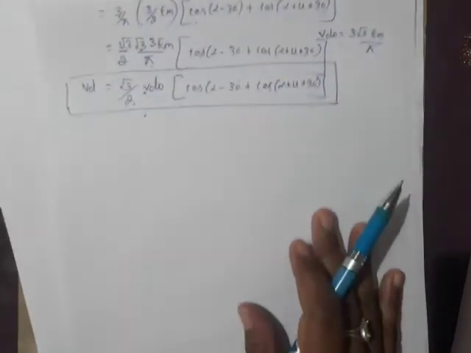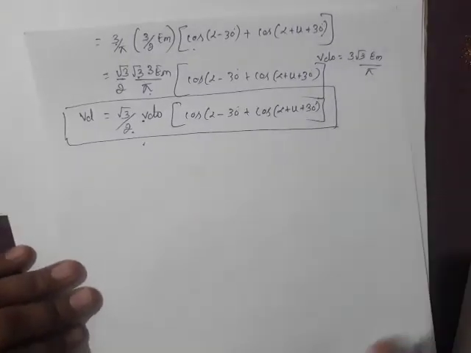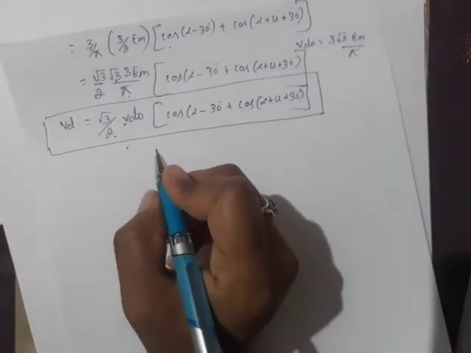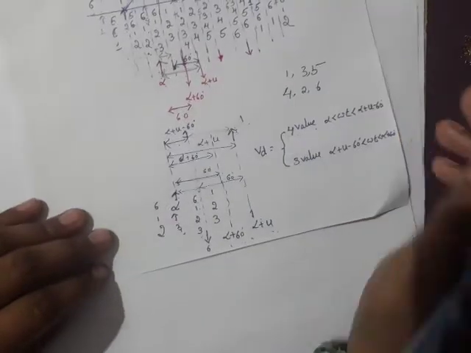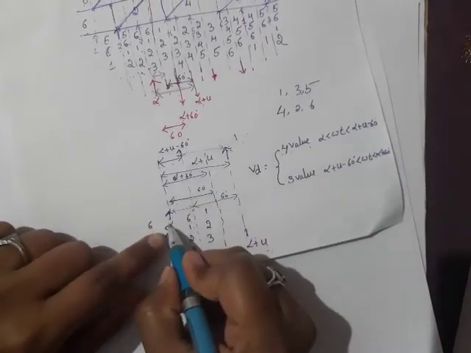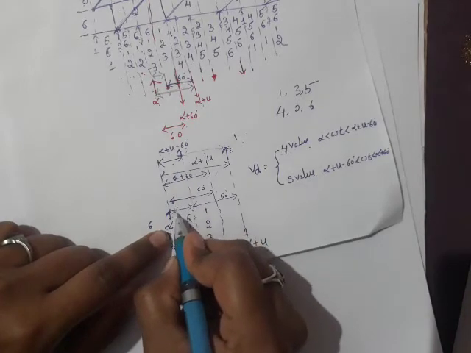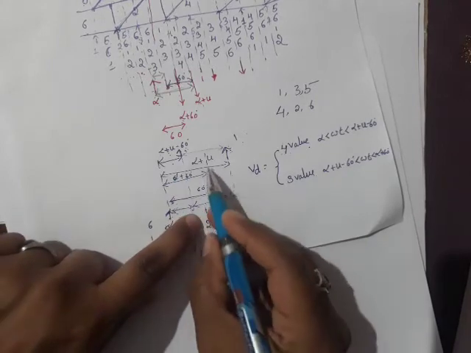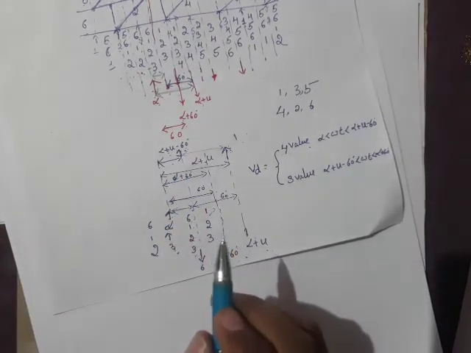Okay. So let us write the waveform for this. First we'll write the pattern, then output voltage pattern. Later we'll write the waveform. Here one more important thing is, if you look at this, from alpha to alpha plus u minus 60 degree, it is 30 degree, right? From alpha plus u minus 60 degree to alpha plus 60, it is 30 degree. It is an equal division of 30 degree.